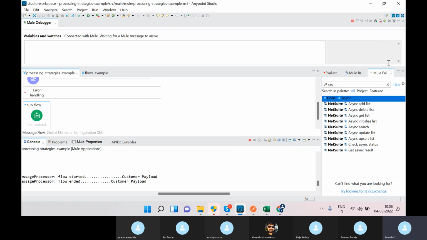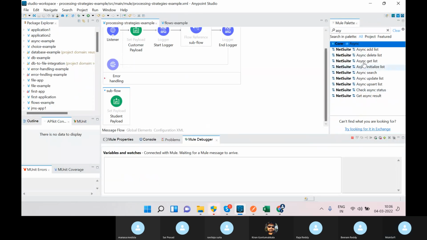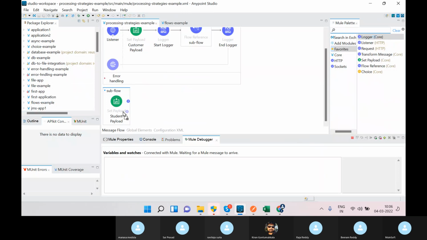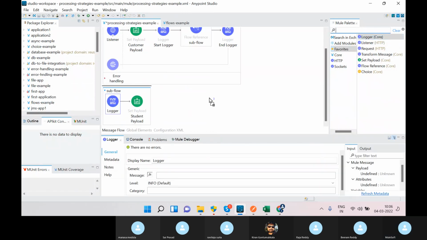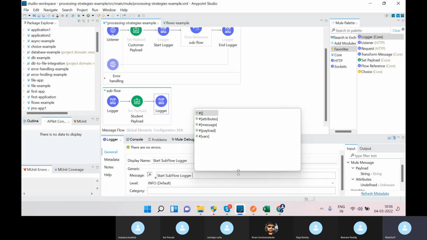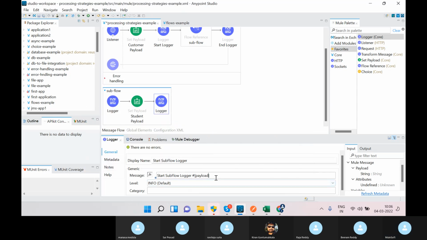For your better understanding, I can use two more loggers. Here I can give start subflow. Start subflow logger, same thing I can give. Here I can write payload. After that I can write